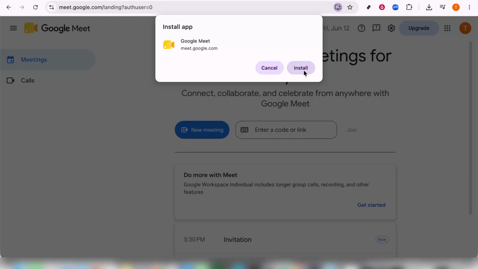In case you ever want to uninstall the app, perhaps to clear up some desktop space or perform a fresh install, you can easily do so by heading back to Chrome, clicking on the browser's settings, and navigating to the Apps section to manage or remove web-based apps. And there you have it, a straightforward,